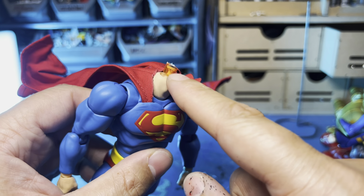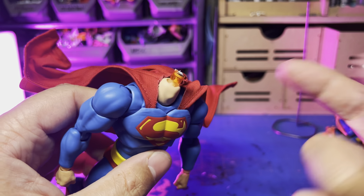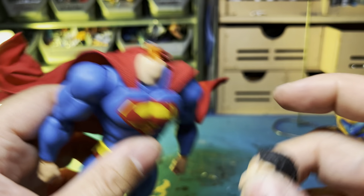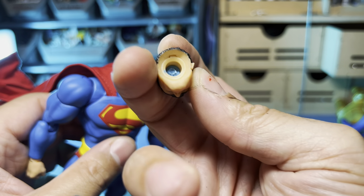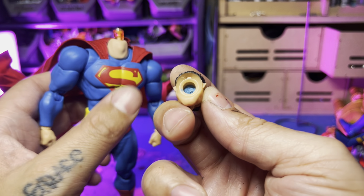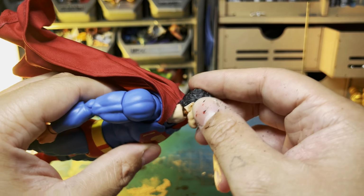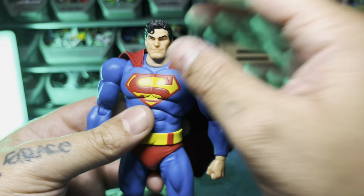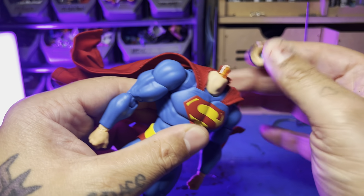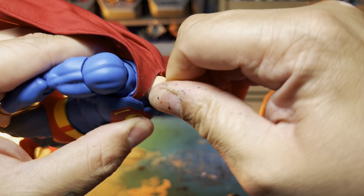This is a technique I love to do. This is some Home Depot tubing. I'm not sure the size, but if you know, please leave it in the comments. This Home Depot tubing fits perfectly over Mafex neck peg joints, so I like to use that, especially in these types of situations. I don't want to take this rubber out of here because I still might want to use this for my Mezco. But that fits the hole pretty well, and like I said, I don't want to glue it, so I just put blue tack in there, and now it just pops straight on, and I don't have to worry about it being too high or too low because I can adjust it on the fly. I got to adjust it now because this peg went down too far. But as long as this peg is up high enough on here,